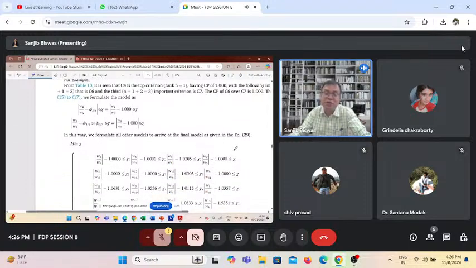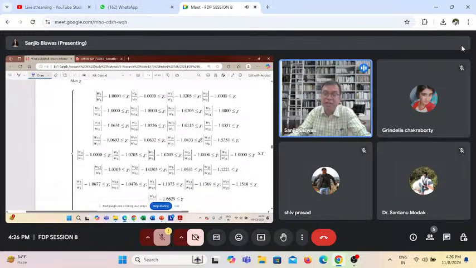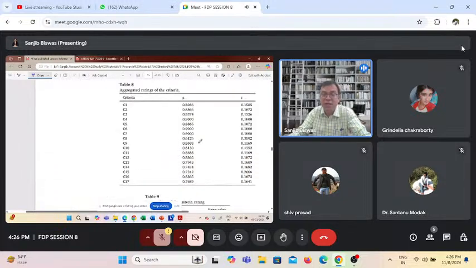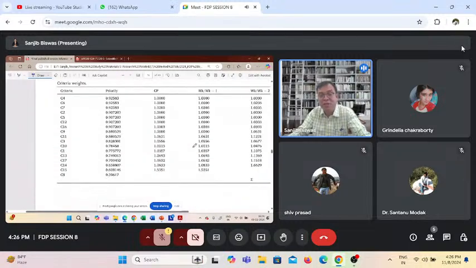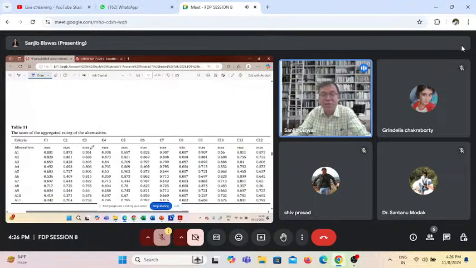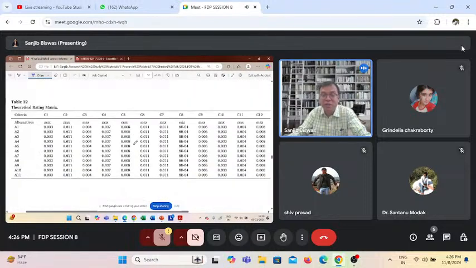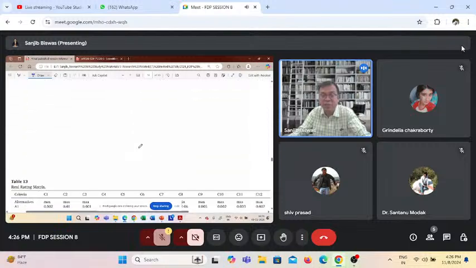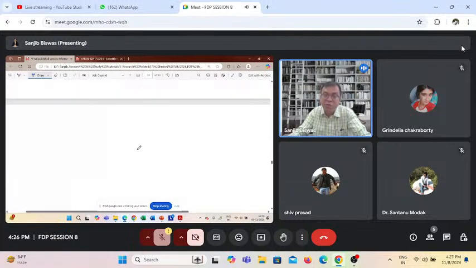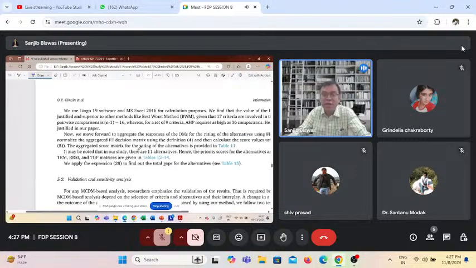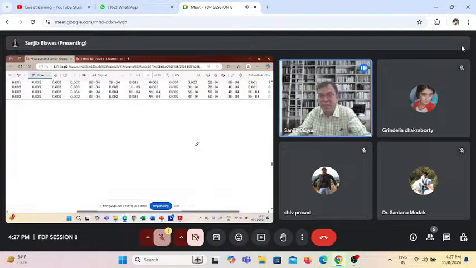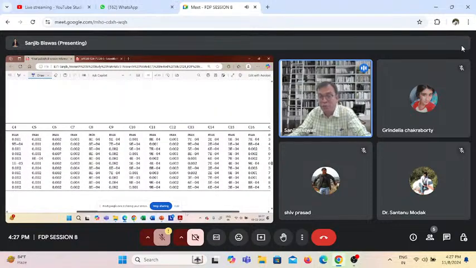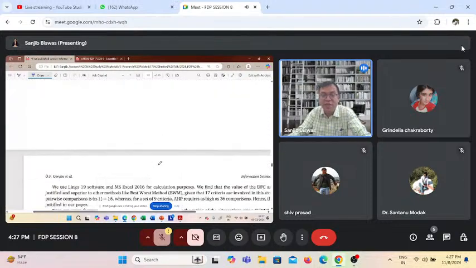This is the formation of the mixed integer linear programming model to solve and get the criteria weight. So we define the criteria weight. Then we go for the score values of criteria weight, and then we use this criteria weight for the aggregated matrix to get the final theoretical matrix. Then we get the real rating matrix, and finally we arrive at the final score of the alternatives, and we finally rank the alternatives.